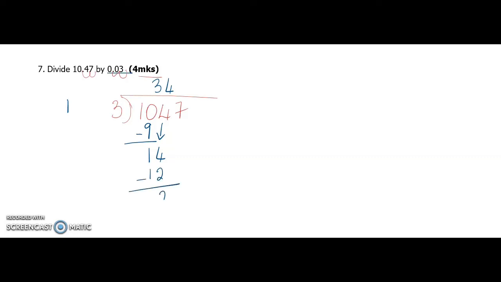12 from 14, you're left with 2. We're going to bring down our 7. 3 into 27 goes 9 times. 3 times 9, that is 27. 27 from 27, you're left with 0, so you have no remainder. So your answer is 349. And just a reminder, the decimal point would have been here, but because we don't have any other digit,